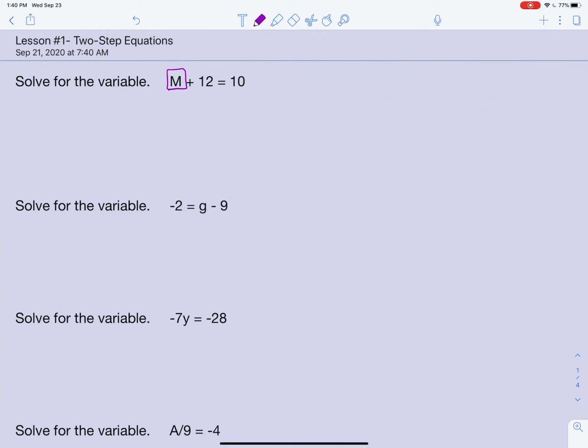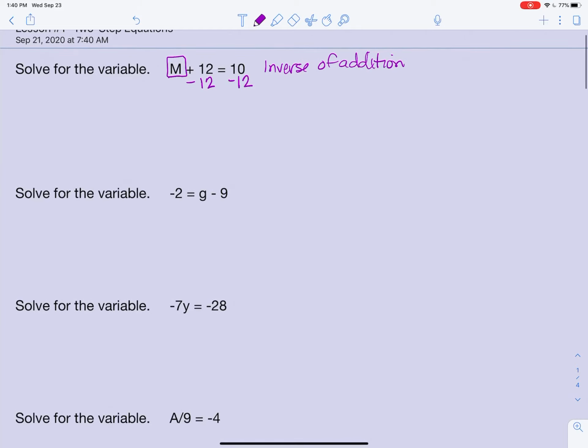So we're going to move the 12 by using the inverse of addition. Some people say it's the opposite, some people say different things, but the technical mathematical word is the inverse of addition. And the inverse of addition means subtraction, or adding by its opposite. So when I do that, 12 minus 12 makes this 0, which goes away, and you get m equals 10 minus 12. We have recently learned our rules, and so what that means is I have to do 12 minus 10, I get 2, and then I have to think